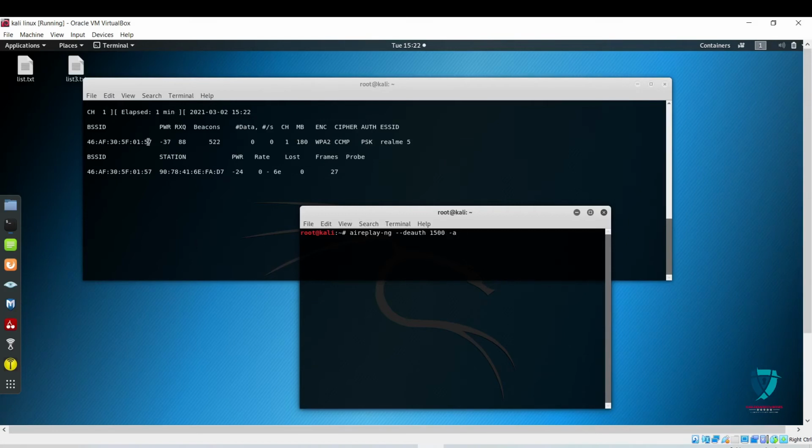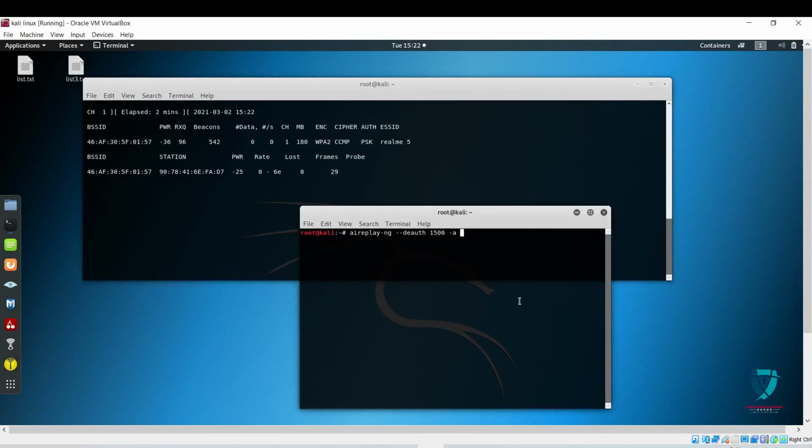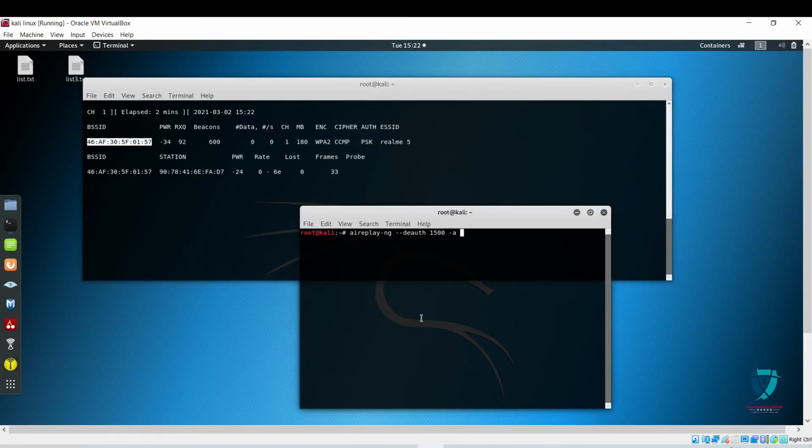So copy this BSS ID and paste it. It was not pasting, just a minute. Copy this and paste the BSS ID. Okay, fine. The BSS ID has been successfully pasted here.